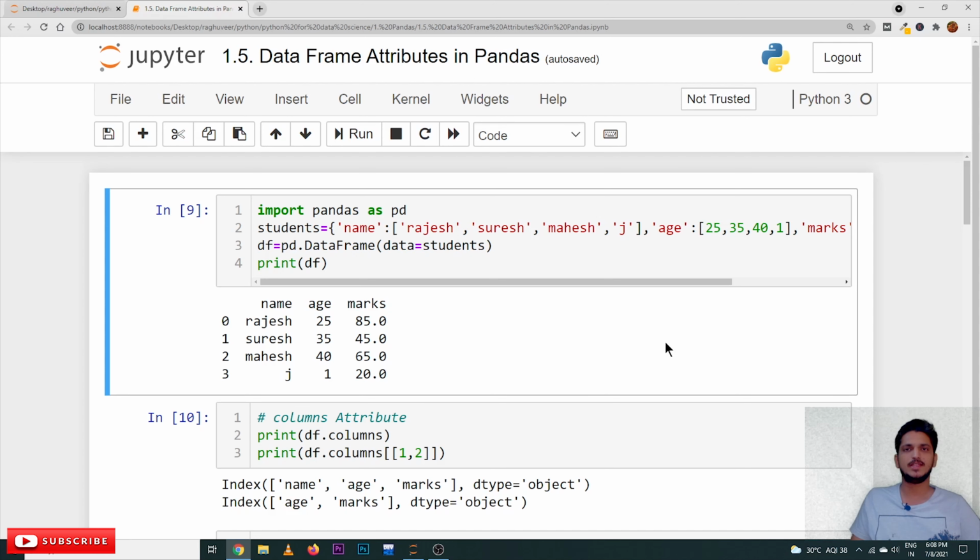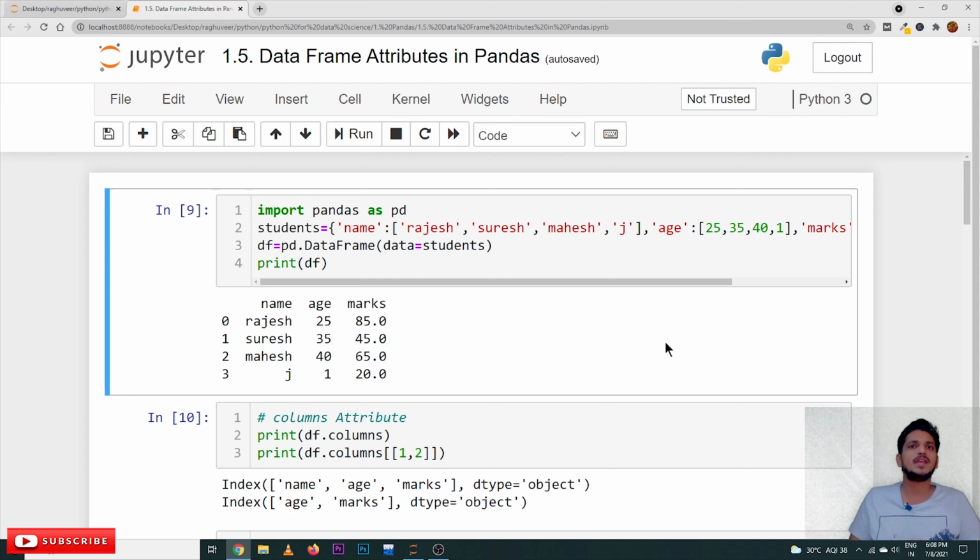I am Raghuveer. In this class, we will discuss different attributes present in a data frame. In our previous classes, we have discussed what a data frame is and how to add and delete lines and columns in the data frame. There we discussed one or two attributes, according to the situation in which we use them.